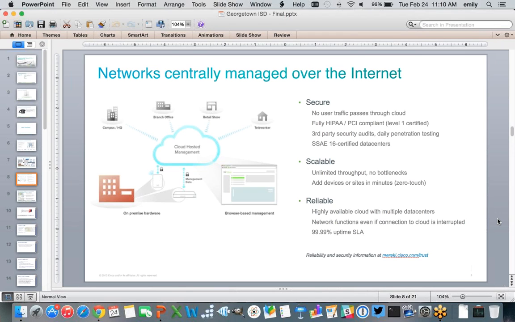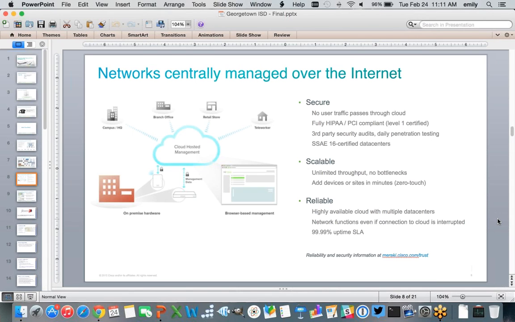Have those pieces of equipment drop shipped to your various campuses. Someone just needs to plug them in. They'll grab their configuration settings from the cloud and run with it. And again, because you don't need to buy controllers or redundant controllers, there are no traditional limitations around the number of devices, for example, the number of APs that you can deploy, where literally we can grow and shrink with your needs.